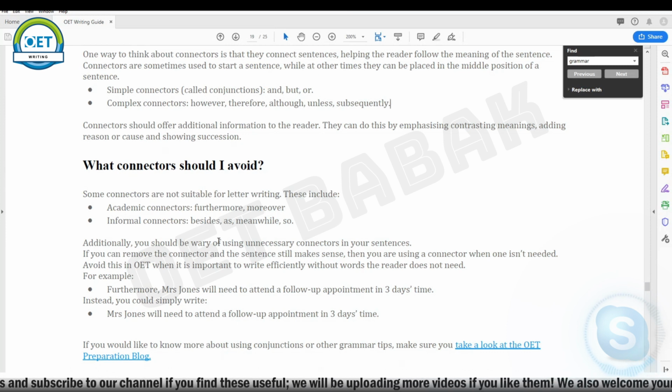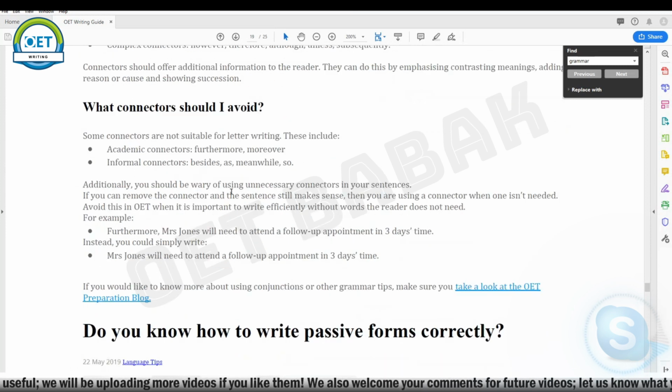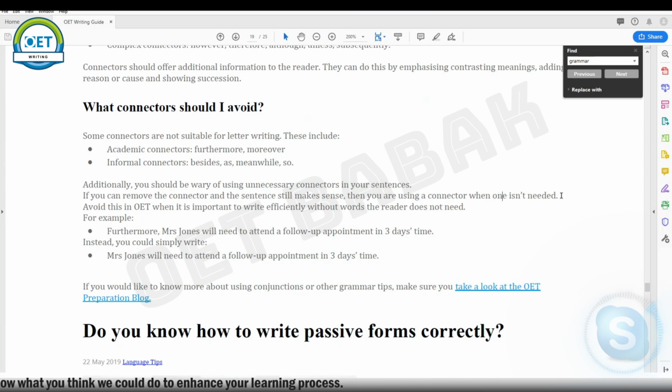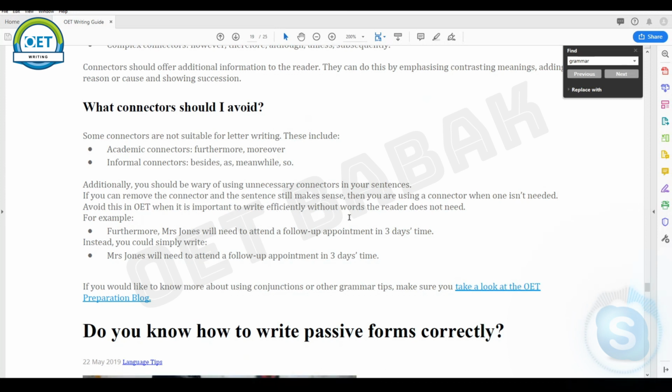Informal connectors like besides, as, meanwhile, so. Additionally, you should be wary of using unnecessary connectors in your sentences. If you can remove the connector and the sentence still makes sense, then you are using a connector when one isn't needed. Avoid this in OET when it is important to write efficiently without words the reader does not